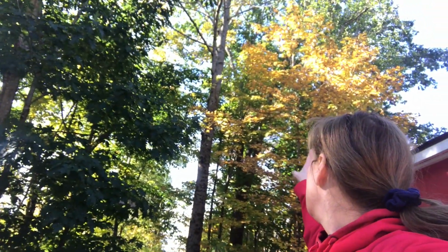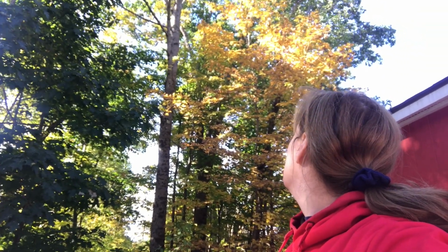I'll show you a yellow tree right now. Here's a yellow one. These leaves are yellow. And brown. But you can see most of my yard right now is still just green. We have a few trees down here